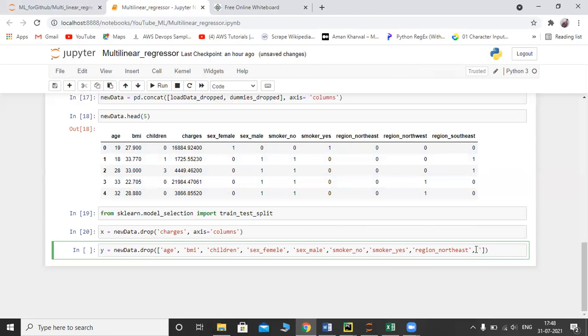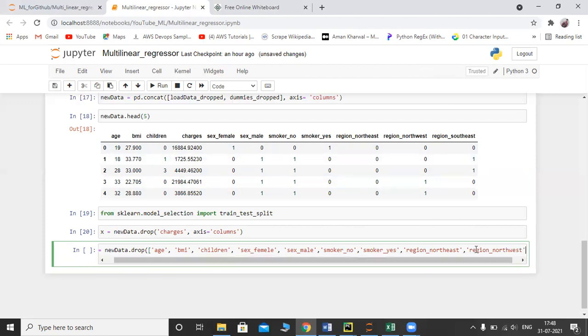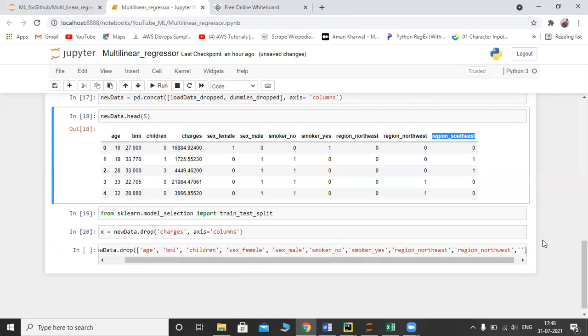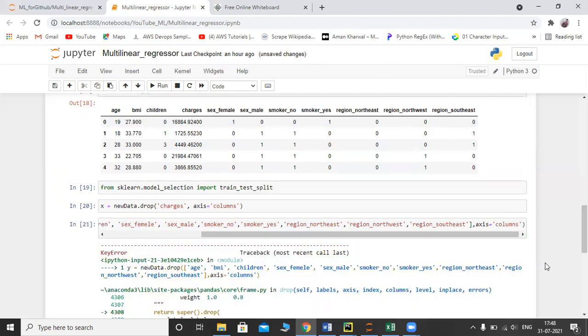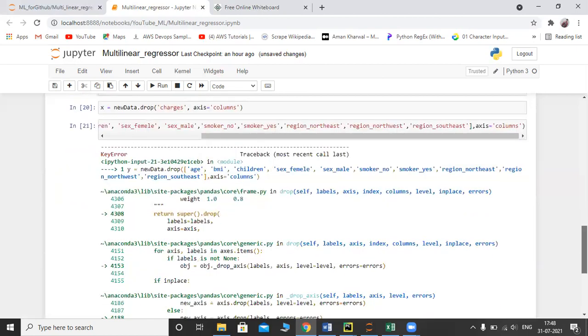And the last one is region southeast. I'm going to drop column wise, so I need to provide axis equals columns. That's it, finished.